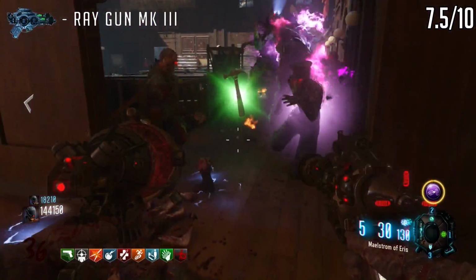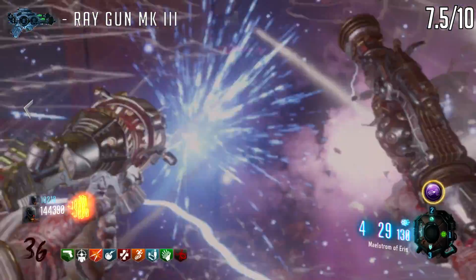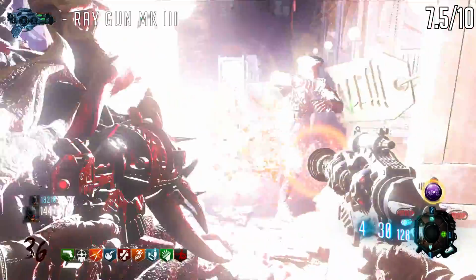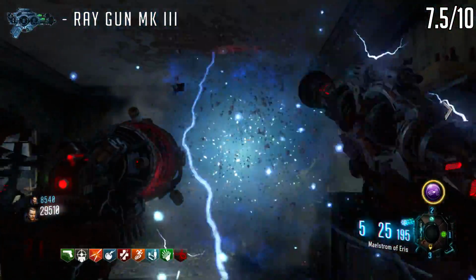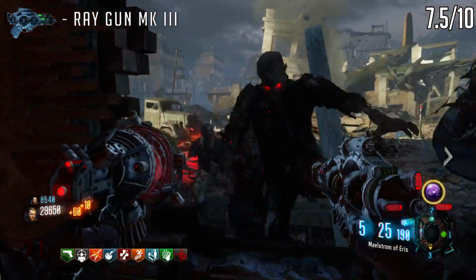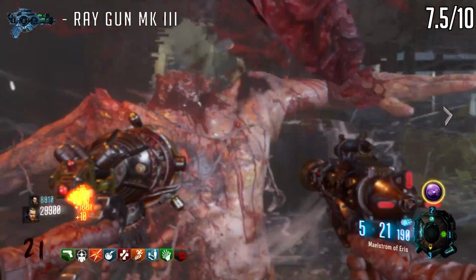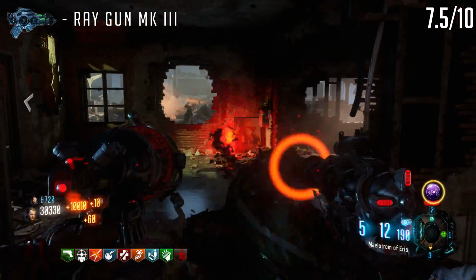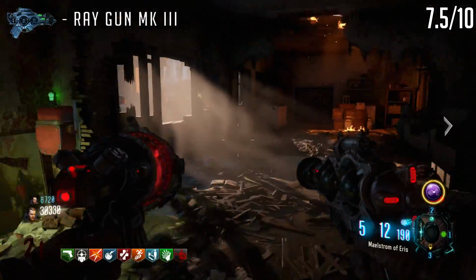making it that much more effective. And when you pack-a-punch it, it pretty much does the same thing, except you have more ammo and it does more damage. So overall, guys, the Ray Gun Mark III is absolutely amazing, and there really aren't too many bad things about this weapon. So the one thing that I don't like about this weapon right here is